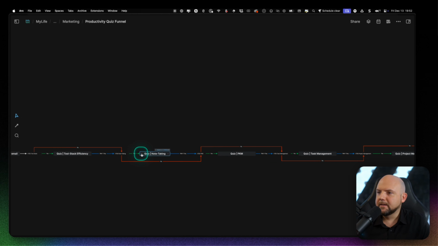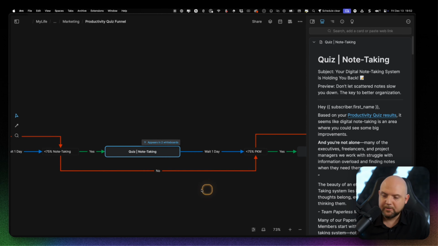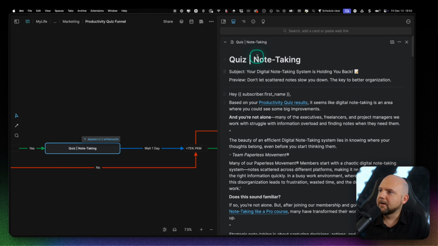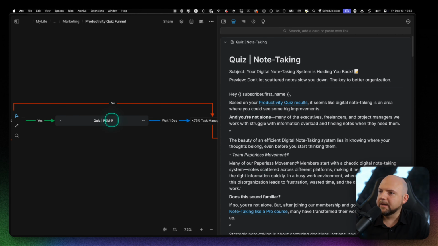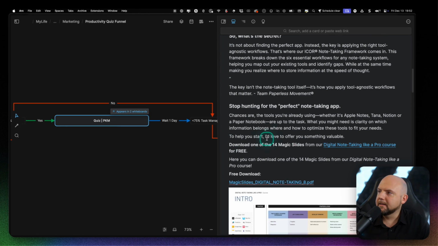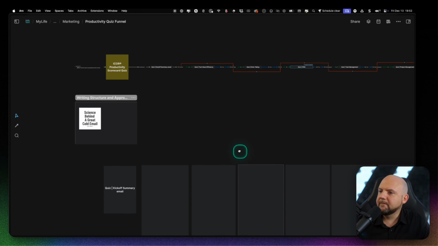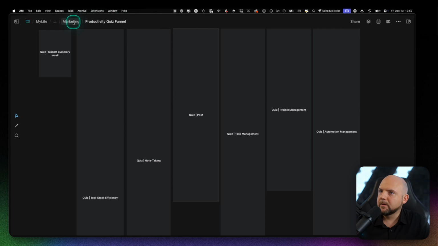Okay. And when I see here, these are all cards. So when I click here with option and left click, I get the card opened on the side, and I can keep navigating. I can open the next one. And now I have the cards here on the side. Isn't this amazing? And here's the newsletter that I was sending back then. So you see the full context is there, but visually represented as well. And I think